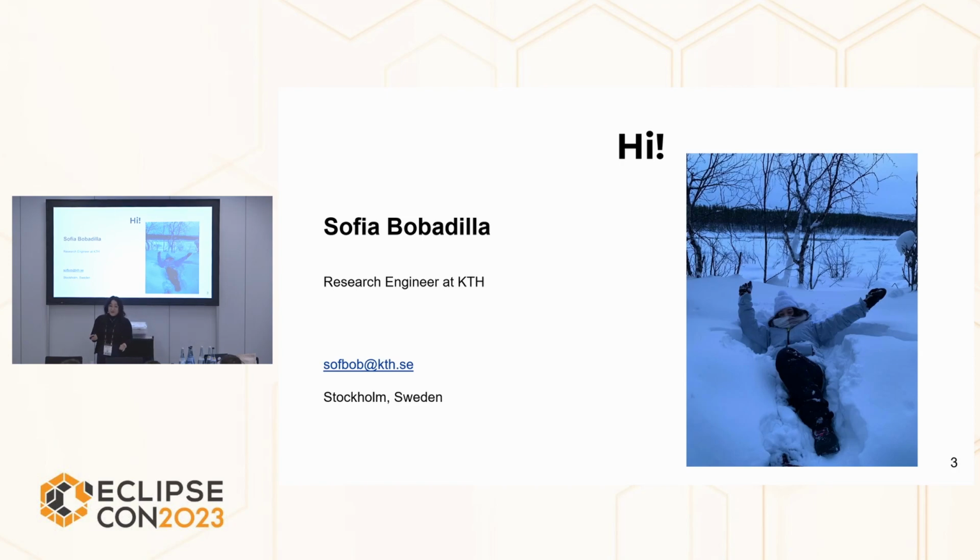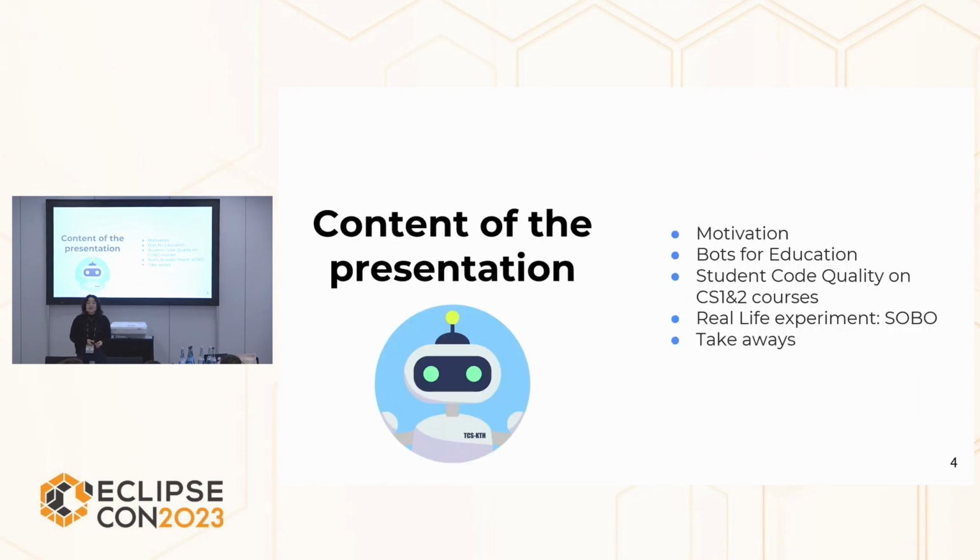And this matters to you because what I'm going to present today is what we actually did during that research internship, which is SOBO. SOBO is an automatic feedback tool that nudges code quality practices on students. And what we're going to talk about today is mostly to walk you through the whole process of designing the bot, implementing the bot, collecting results, to summarize what we actually learned from it.